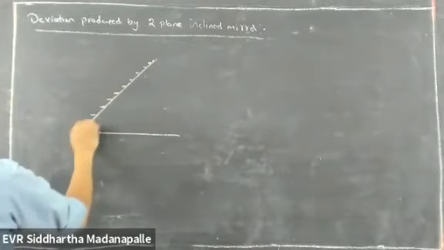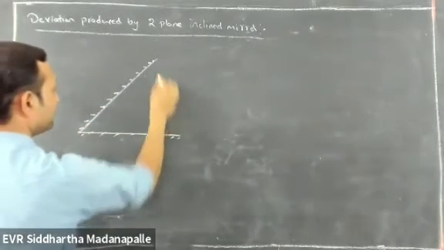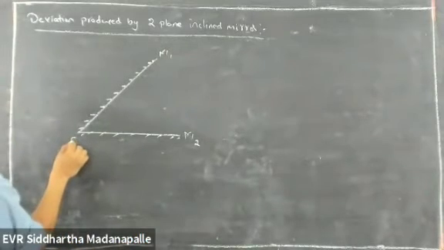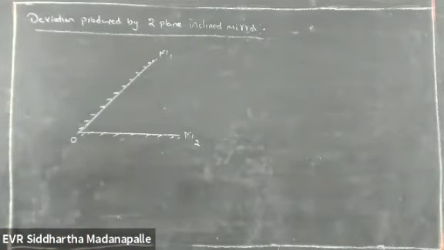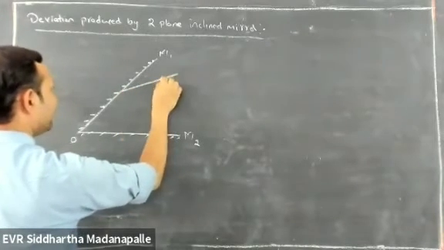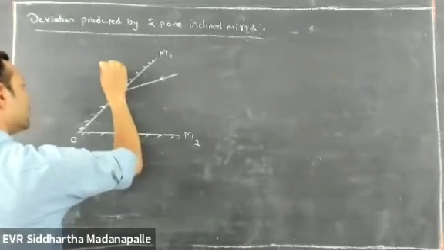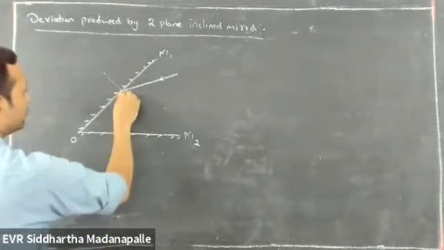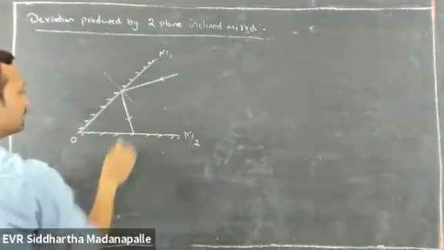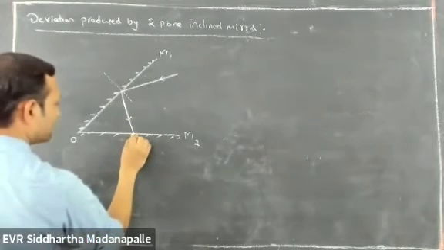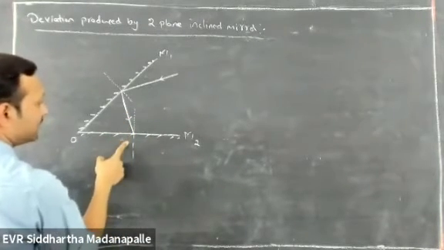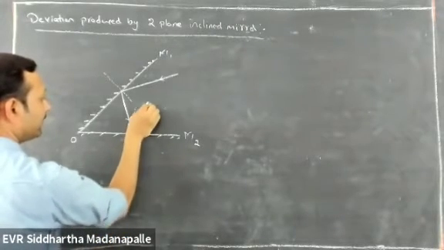So this is one plane mirror, and this is another plane mirror. M1 is one plane mirror, M2 is another plane mirror, and both intersect at a point O here. Now let us consider this is the incident ray. A normal is drawn at the point of incidence. After reflection, this reflected ray again strikes the M2 mirror. This is the point of incidence on the M2 mirror, and the ray will be reflected like this.